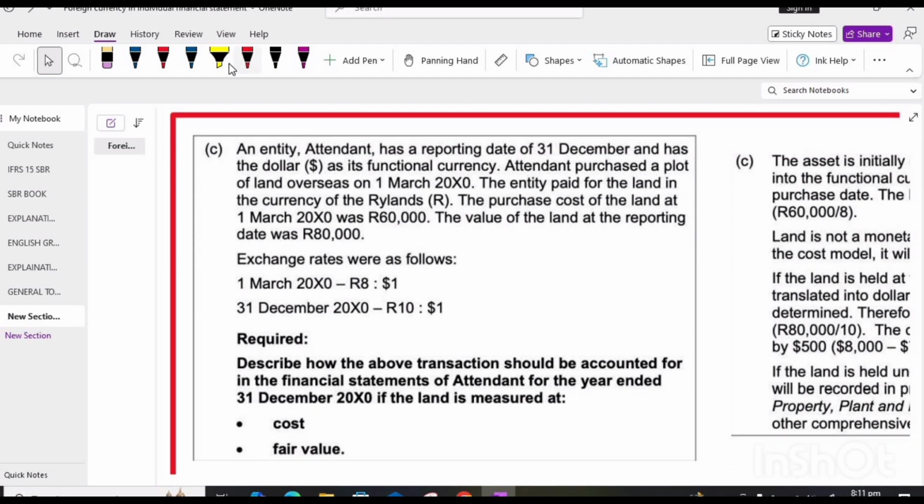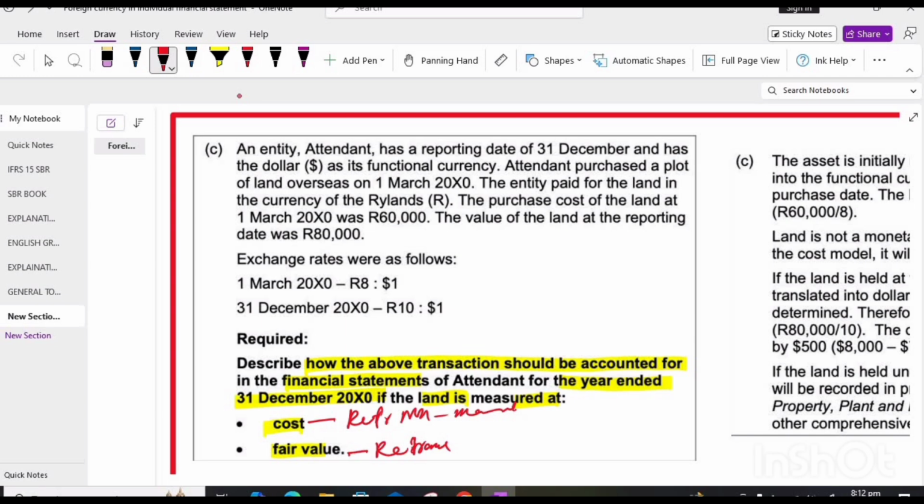Now here is an example that describes how the above transaction should be accounted for in the financial statements of Attendant, entity A, for the year ended 31st December 2000, if the land is measured at cost and if the land is measured at fair value. You have to remember, when using cost, there is no need for retranslation because this is a non-monetary item and should not be retranslated. While this will need to be retranslated